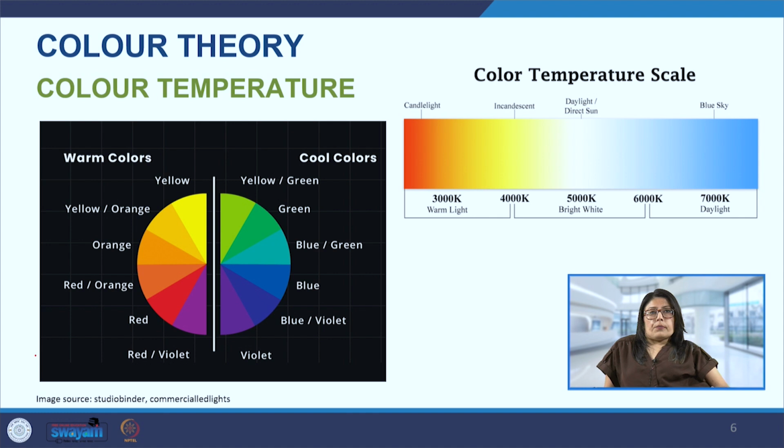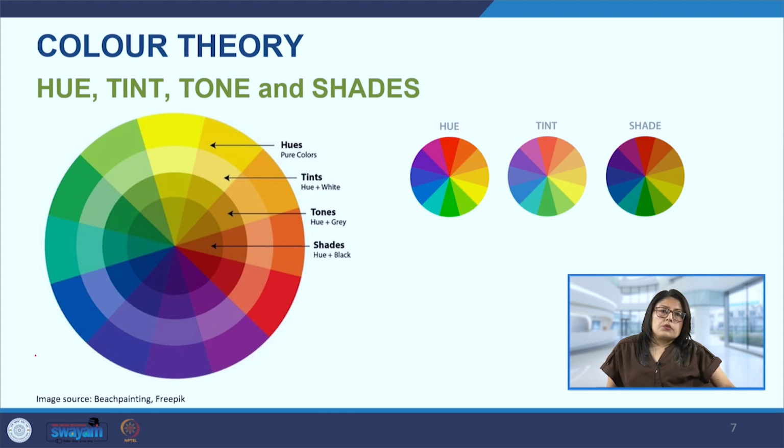So now we categorize some colors under the warm category and certain colors in the cool category. So reds and oranges convey warmth, whereas colors like blue and green convey the feeling of being cool. Sometimes when we are out shopping and want the shopkeeper to show us more variety in the particular cloth that we have selected, we ask them to show us more shades.